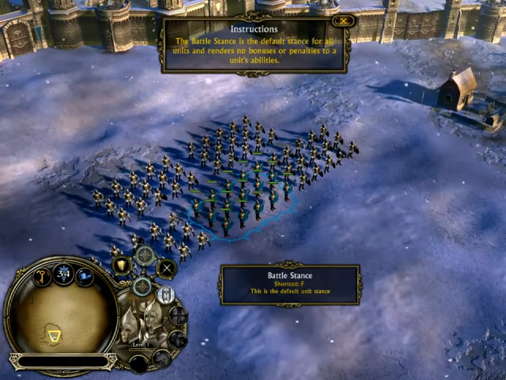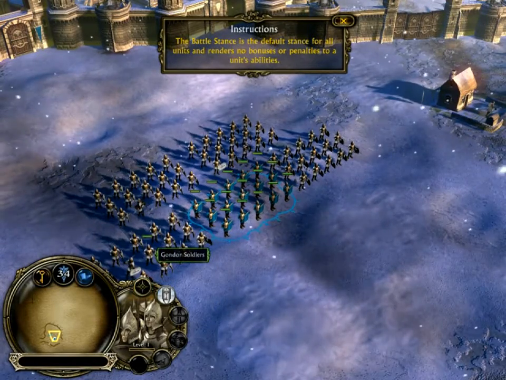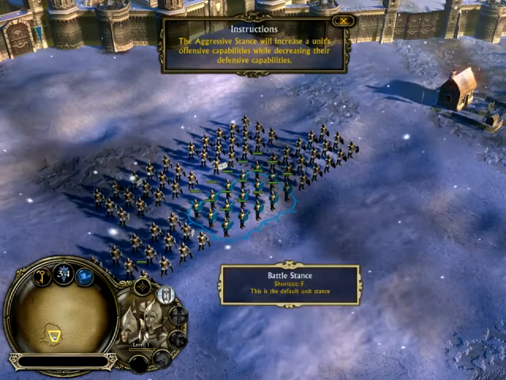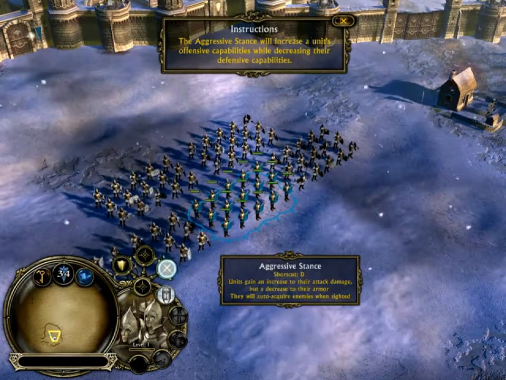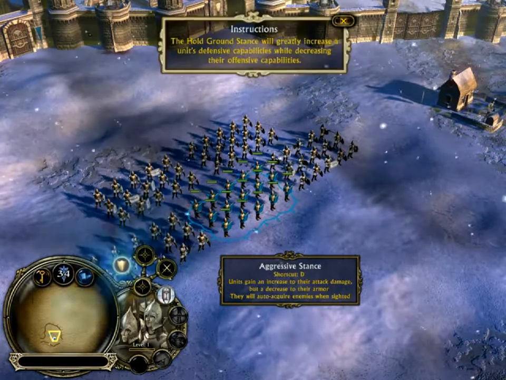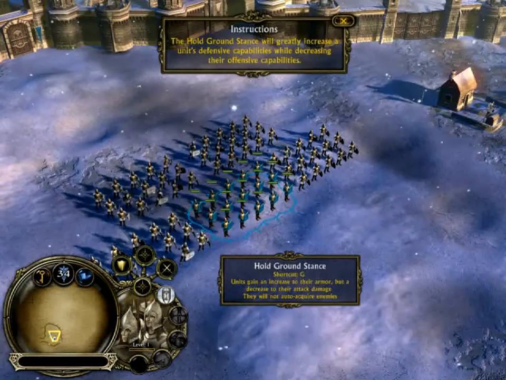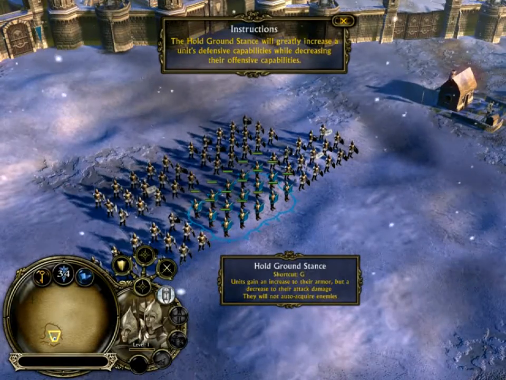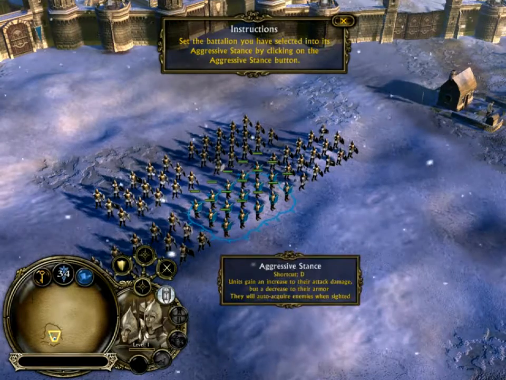The Battle Stance is the default stance for all units, and renders no bonuses or negatives to a unit's abilities. The Aggressive Stance will increase a unit's offensive capabilities, while decreasing their defensive capabilities. And the Hold Ground Stance will greatly increase a unit's defensive capabilities while decreasing their offensive capabilities. Set the battalion you have selected into its aggressive stance by clicking...